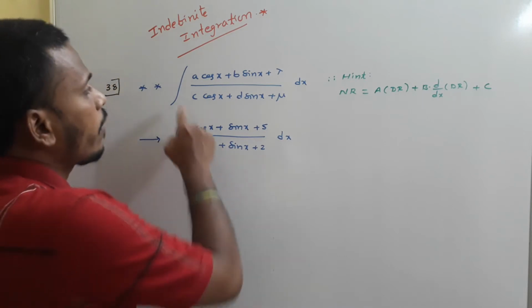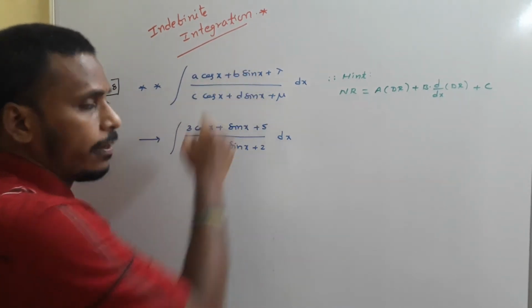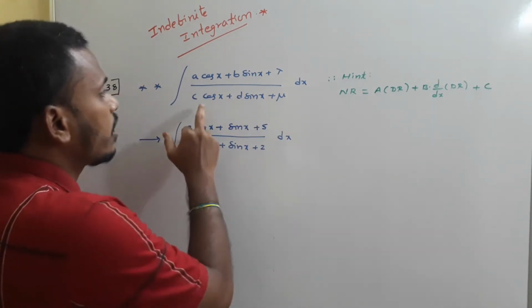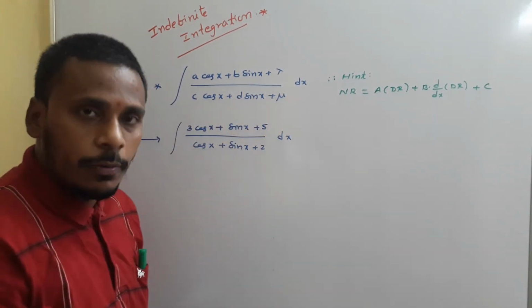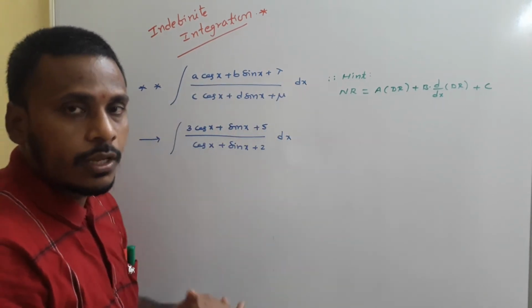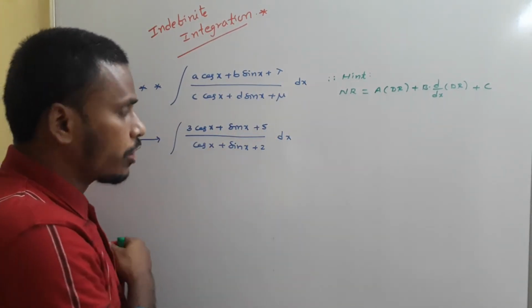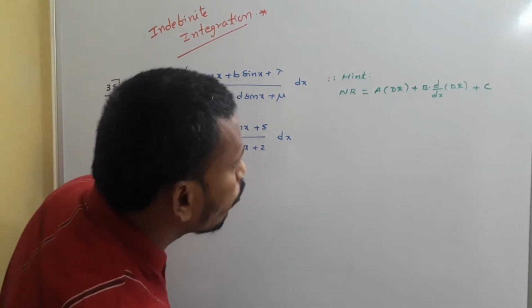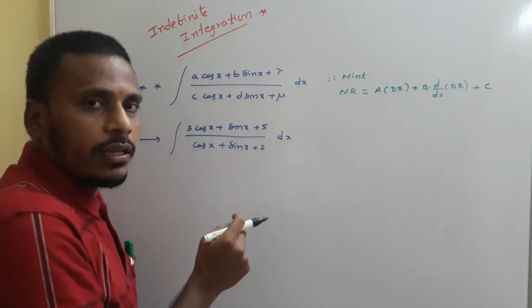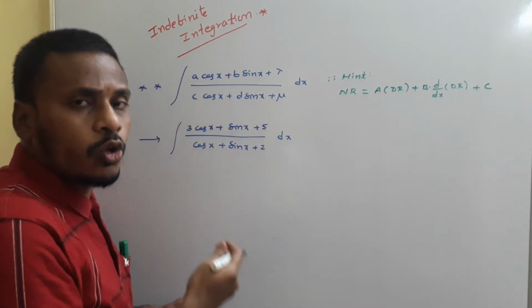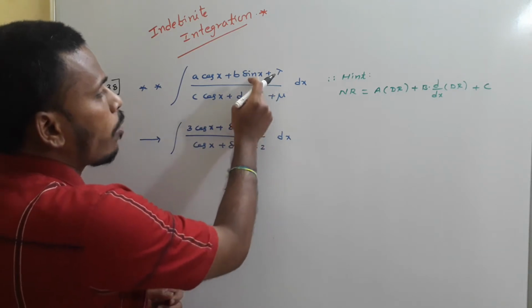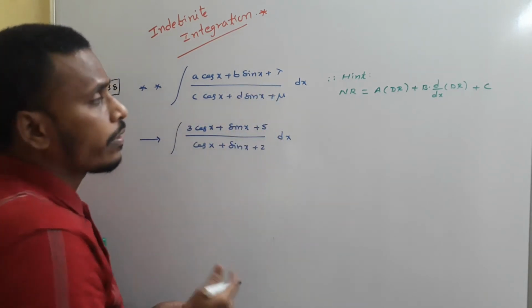Look here now, if you have a function of this type, (a cos x + b sin x + λ) divided by (c cos x + d sin x + μ) dx, we need to evaluate the integral of this function. To evaluate it, we need to move with this particular hint. Already, for quadratic by quadratic there is a way to solve those problems. In the same way, if both numerator and denominator are of the same type,